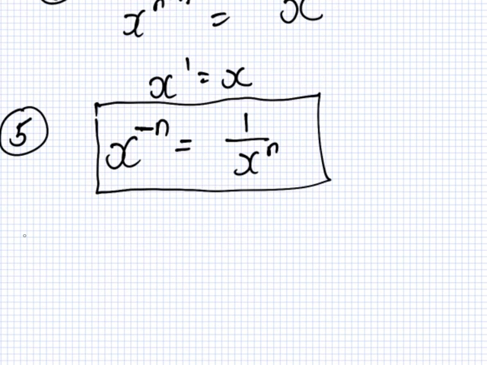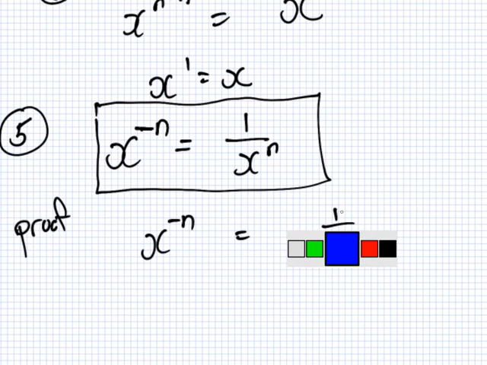So, the proof: you can have x power minus n equals 1 over x power n. The proof's not so difficult, because, well... multiplied by x power n. Yeah, that's what I was thinking too, but maybe just before that,